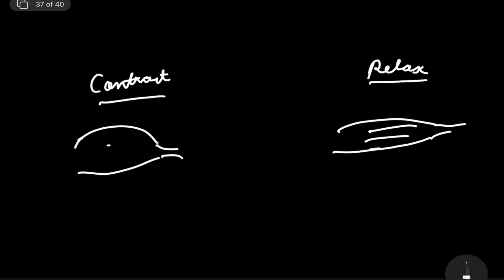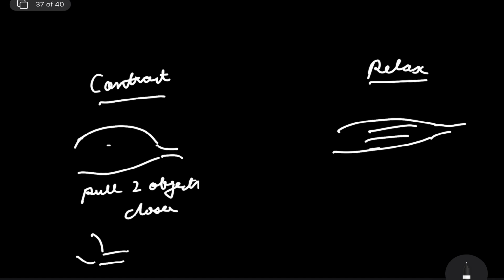So what I mean to say is, when a muscle contracts, it will pull two objects closer. For example, suppose this is the biceps, this is your forearm. When you contract your biceps, what happens? You flex your forearm,